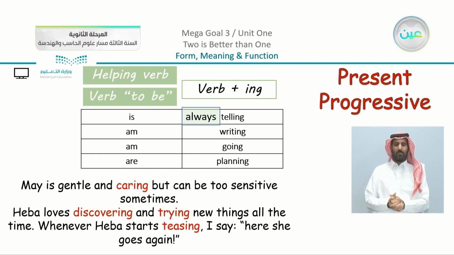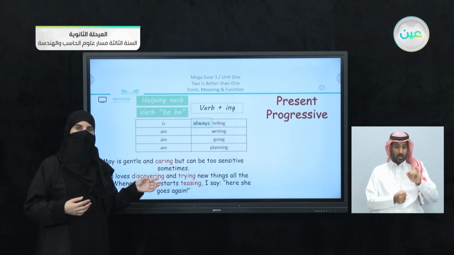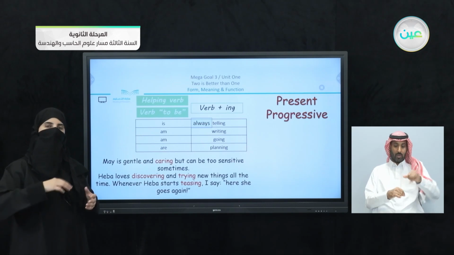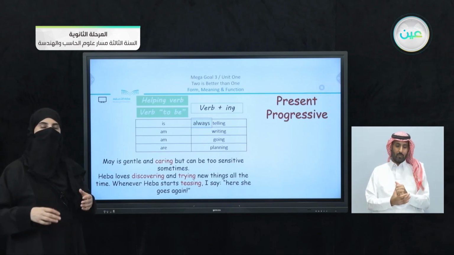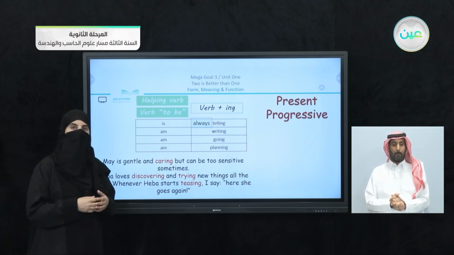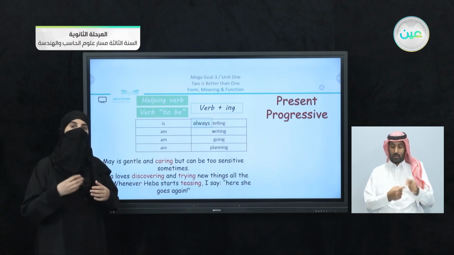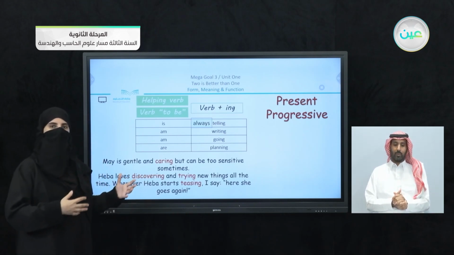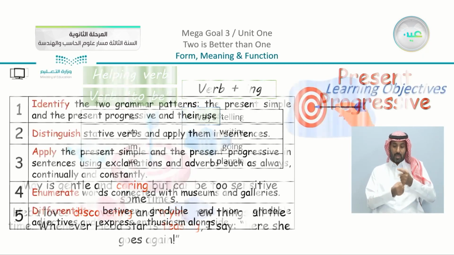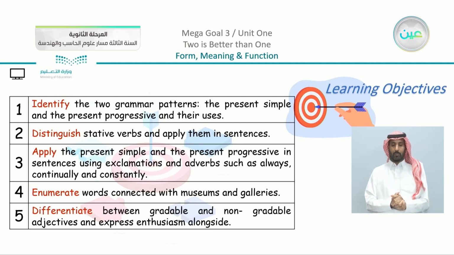She starts teasing. Now, do you think that these verbs have an ing form, but are they considered verbs or not? So this is just a point to know that we are talking about verbs that have helping verbs before them, and they are considered present progressive, or we have here what seems to be a verb, which is what we called a gerund. So we are going to focus on the two structures. We have the present simple and the present progressive.